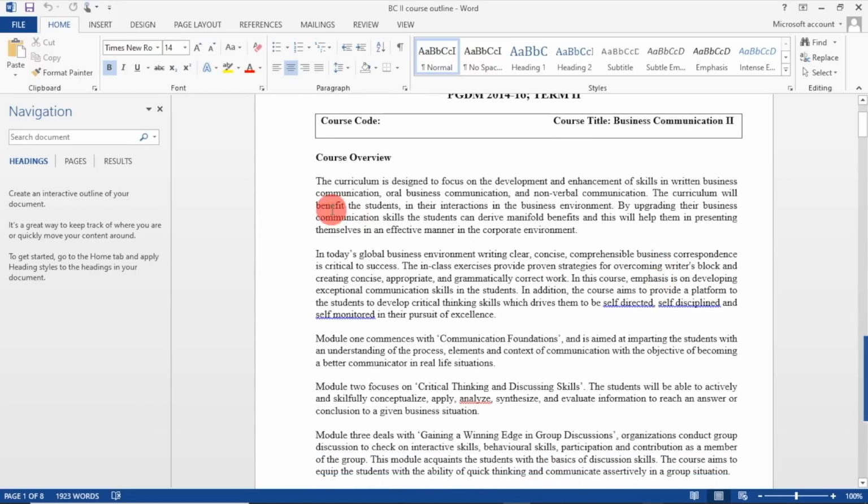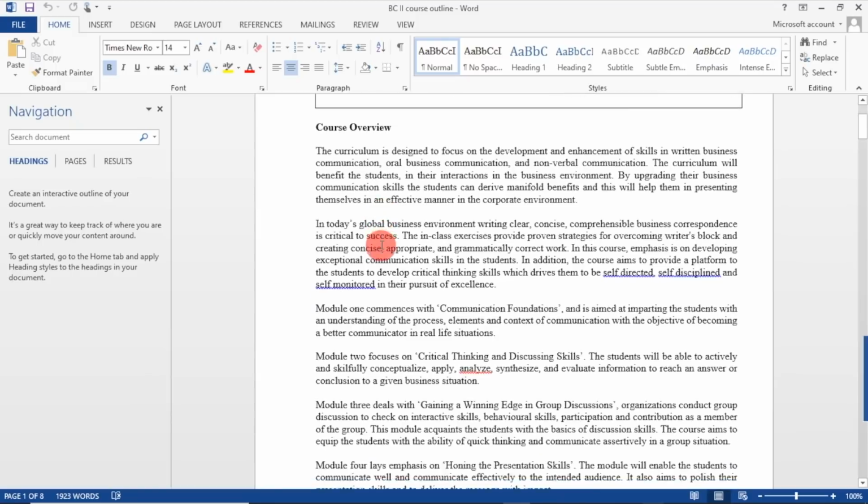So first is the course overview, and just see when you talk of course overview, basically what you are going to discuss in that course, what is the importance of this course, and what type of learning outcomes you are going to achieve. You try to communicate everything to the student by writing a course overview.